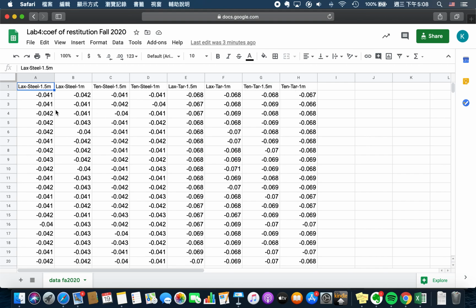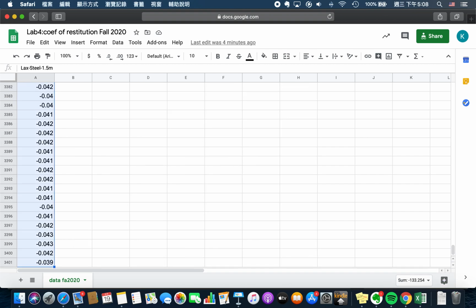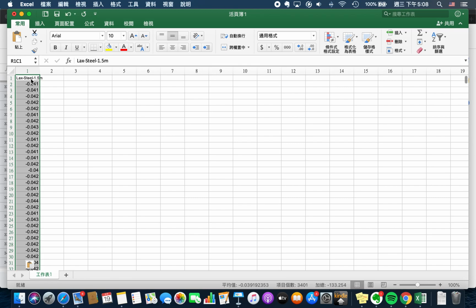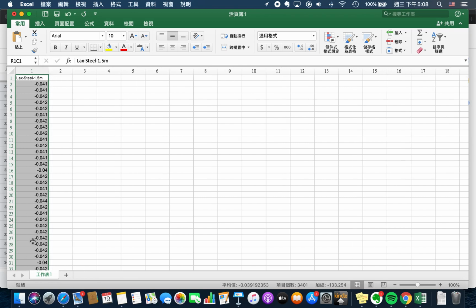So I'm going to select all the data by doing Control, Shift, and down arrow. Magic, right? You select the whole column. And I do Control C, go to my Excel, select the first box, Control V. Then I've pasted all the data set here. Alright, and the next step,